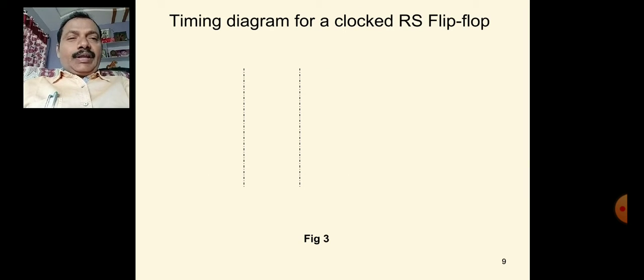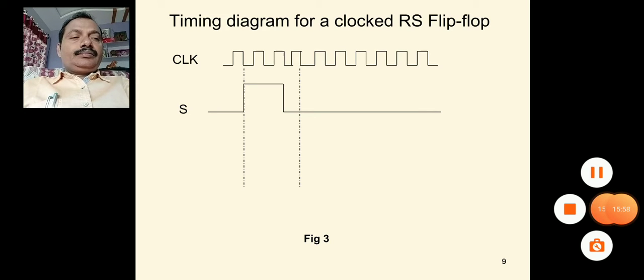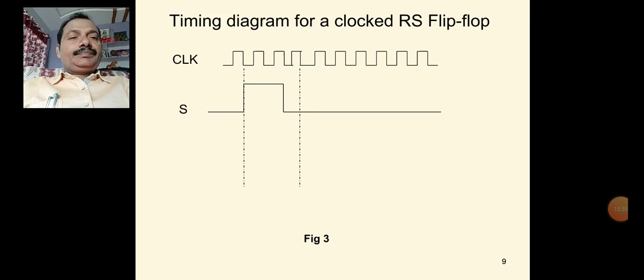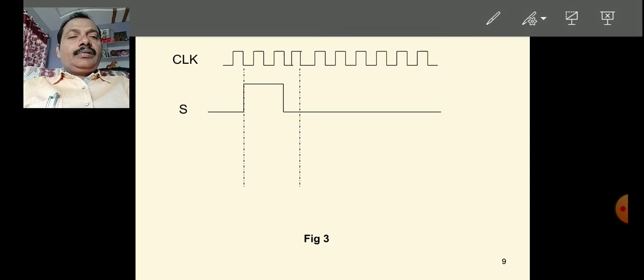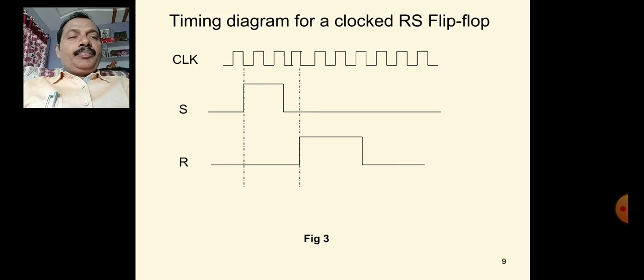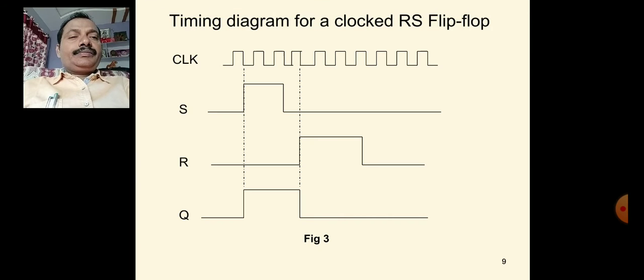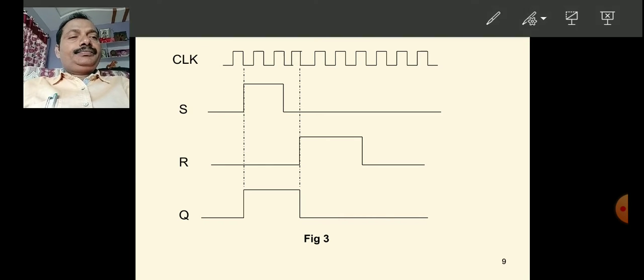Let us see the timing diagram of RS flip flop. Here the clock signal is there. S input is applied here. R input is applied here. So the Q output, you see, this is the Q output. Observe here,